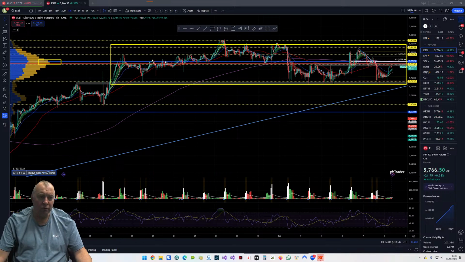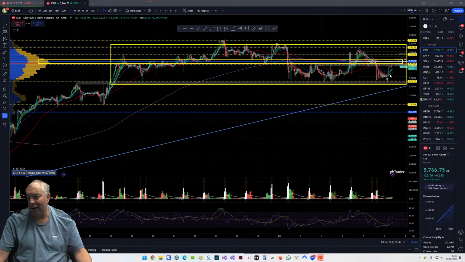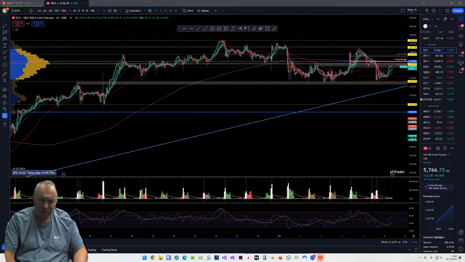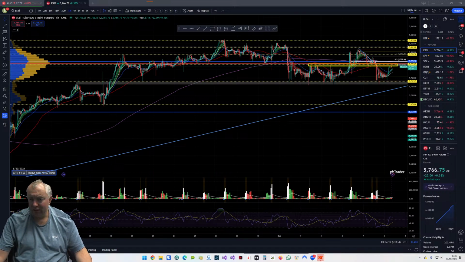We have a lot of volume running right through the middle of it, which has acted as originally resistance, then support, then became resistance, and now it's still resistance. So this is an area I'm going to be watching, this region here. If we break above it, I'm interested in looking for a long, potentially into 5800, but up to the highs of yesterday and the day before. So I'm watching 5800 to 5812.